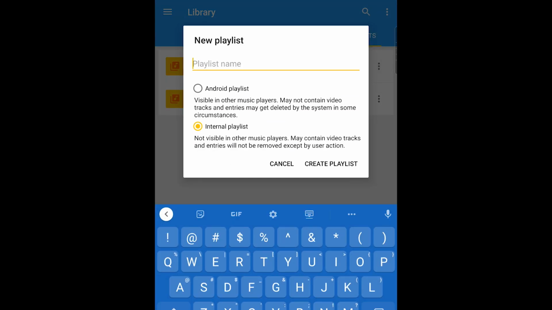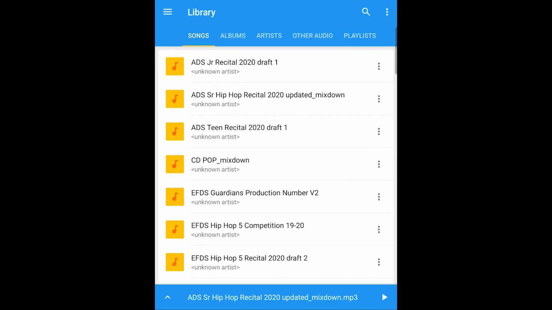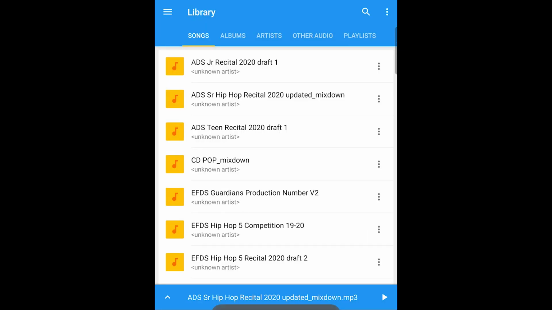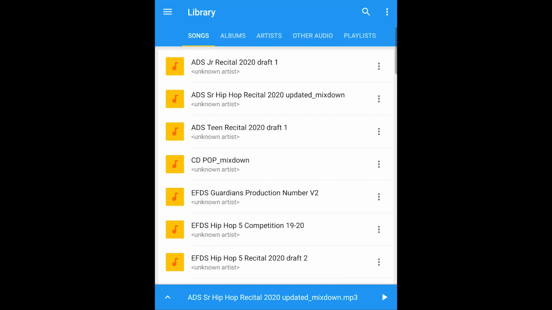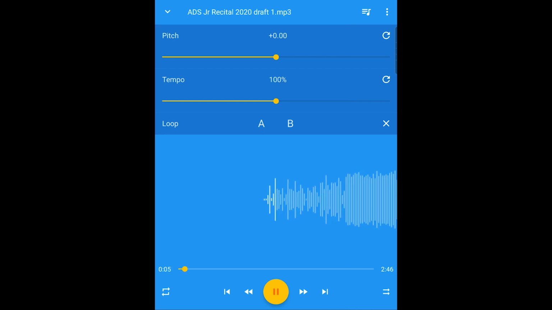Oops, I'm gonna make the name, create playlist. And now when I go to the songs, I can just add it to the playlist and it's good to go. Very easy to change songs. I can just click or select, sorry, I should say, another track, and it will start playing. So that is basically it